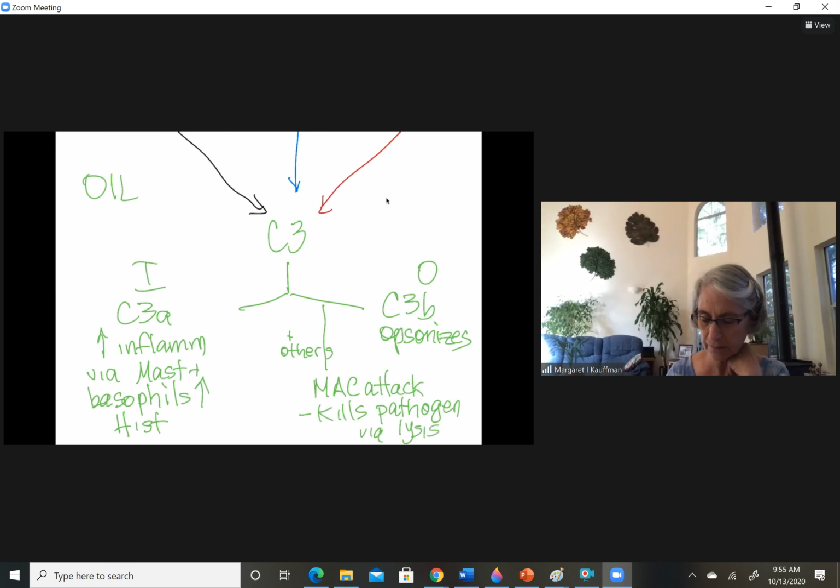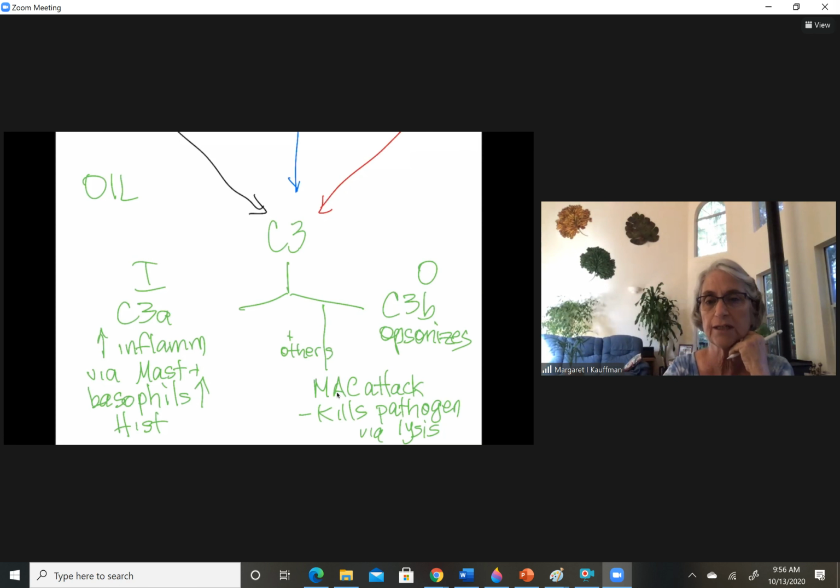Great. So the one thing I will ask, if this is a short answer and I'm asking you to explain complement's effects, then don't just write OIL. At least explain what OIL means, and make sure you correlate C3A with its outcomes and C3B with its outcomes. So this is going to be an enhancer of your innate response,